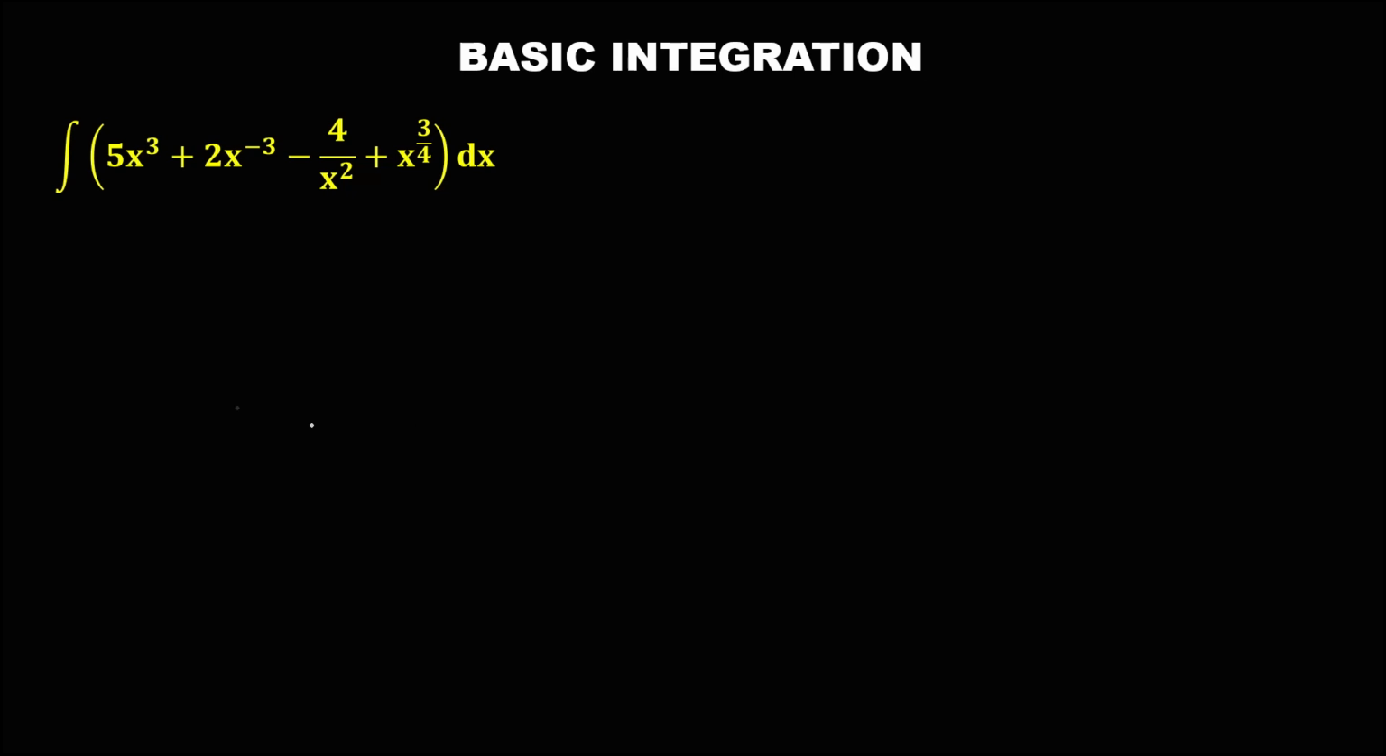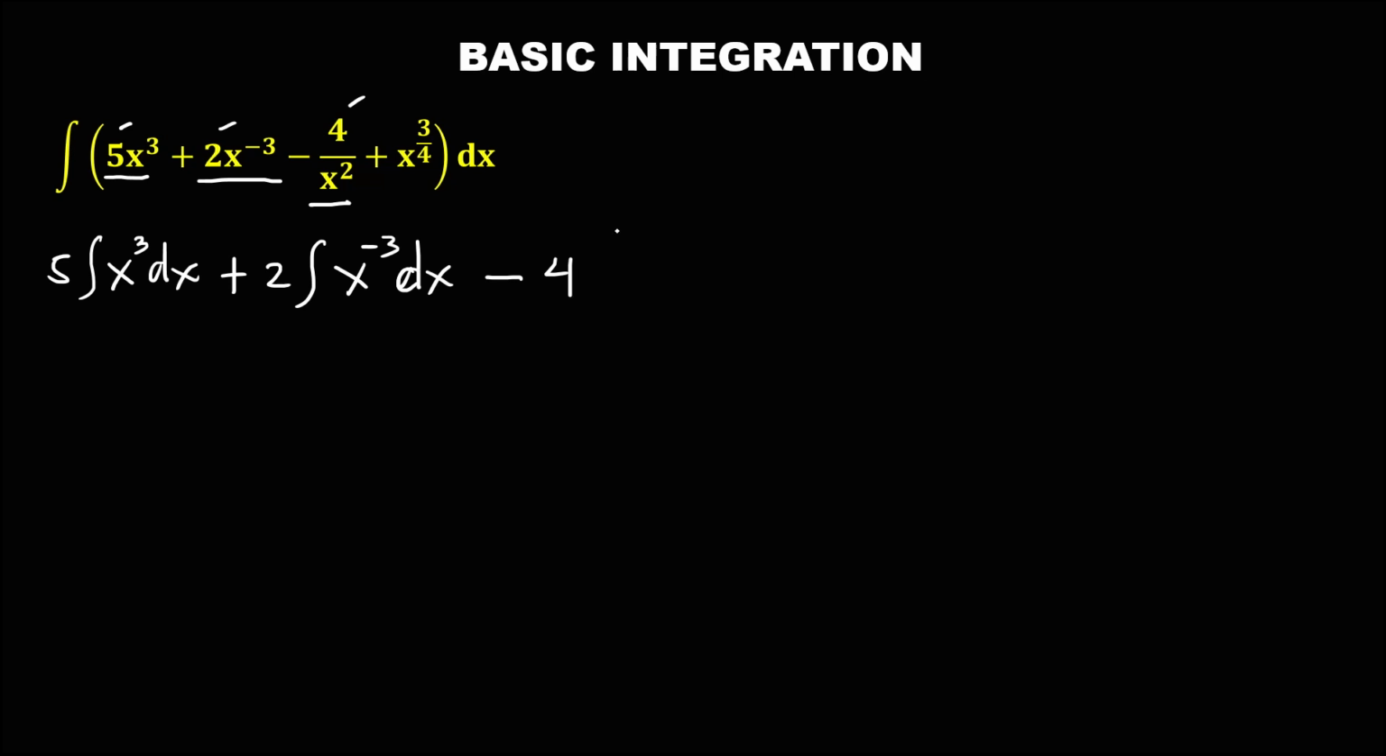Then for this given, again, we need to integrate every term. So for this term, put this constant outside, then the integral of x to the power 3 dx, then plus, for this term, put this constant outside, then we have the integral of x to the power negative 3 dx, then minus, for this term, put this constant outside, then the integral, bring up this x to